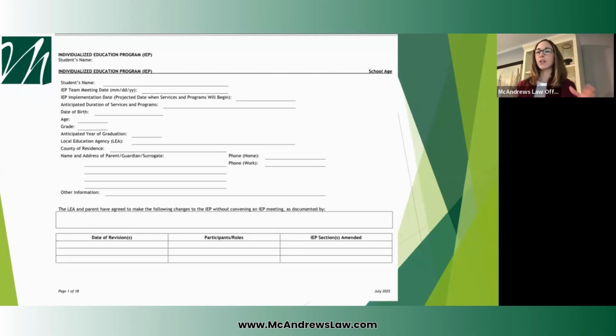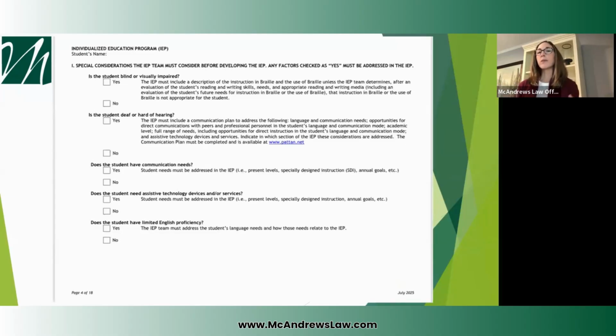Also on that first page or two, once the information's filled in, these pages get longer, you will see the dates of revision. So if an IEP meeting is held in the middle of its year, there may be a revision. You should have a date noted there, and you should note who was at the IEP and what was revised at that point. So all of that should be tracked in the IEP document. Toward the beginning,